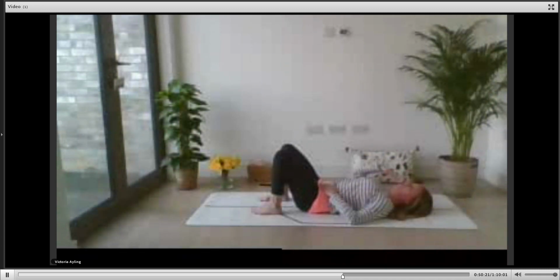And then if it's comfortable for you, you can close the eyes. If that's not comfortable, you can keep the eyes open, but simply soften the gaze. So take a moment here to really come into the physical body, lying on the floor or on the bed. And notice where your body is making contact with the surface below. So the soles of the feet, the back of the pelvis, the back ribs, the shoulder blades, the upper arms, the elbows, and the back of the head. And allow the body to soften a little into the surface below.